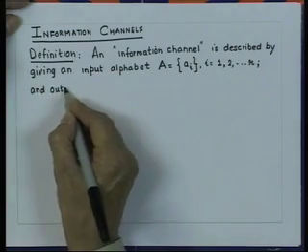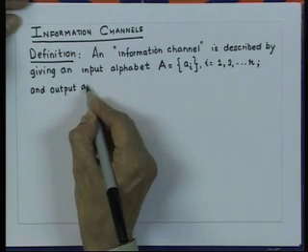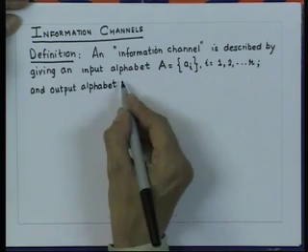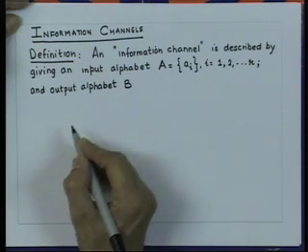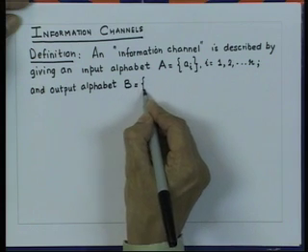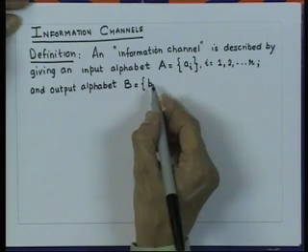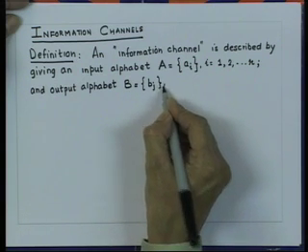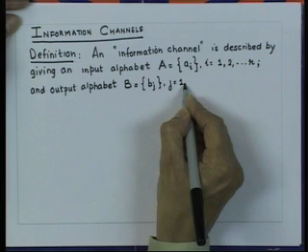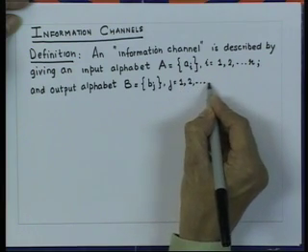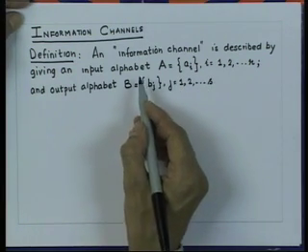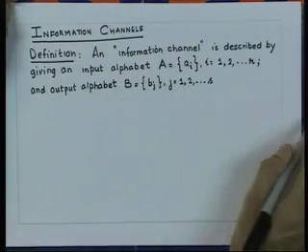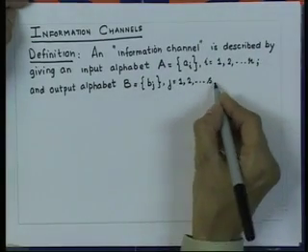and an output alphabet, which we denote by B, consisting of letters or symbols denoted by B_j, where j is equal to 1 to S. So, it implies that it is not necessary for the size of the input alphabet and output alphabet to be the same. With this